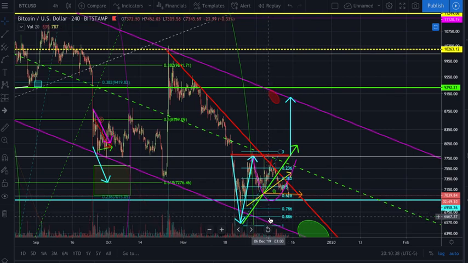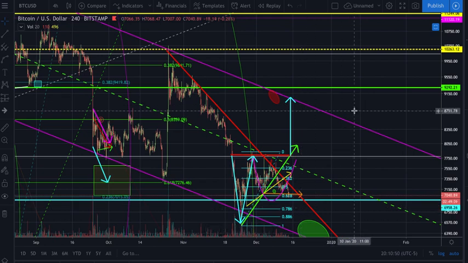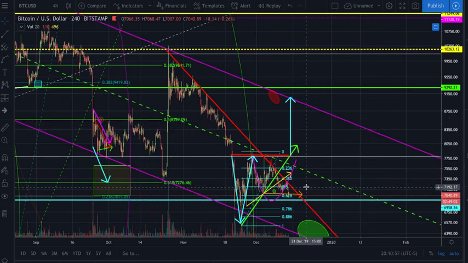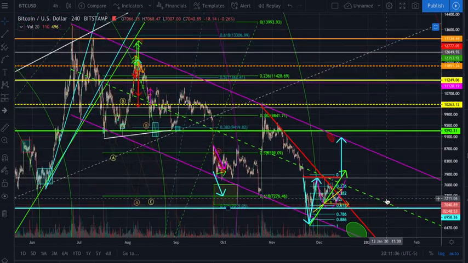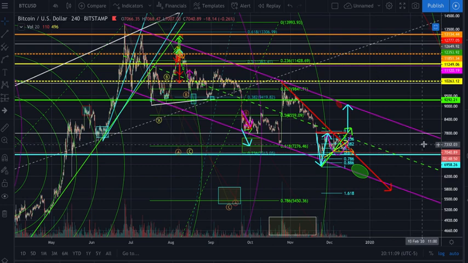But most likely, thinking about this as far as cycles are concerned, we finish out the end of the year right down here. Everybody puts in the books, the year's over, and then boom, we start potentially moving to the upside again. First quarter, we could get that big move and start the year off 20-something% up, whatever. People get bullish, it creates liquidity in the market, and then boom, push the price right back down, and continue to fill out what is essentially this gigantic triangle right here.